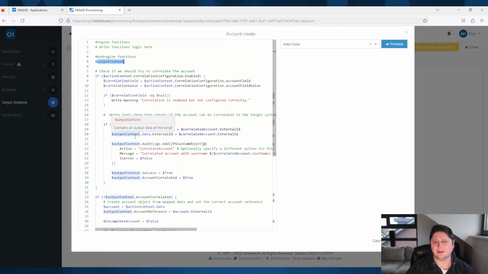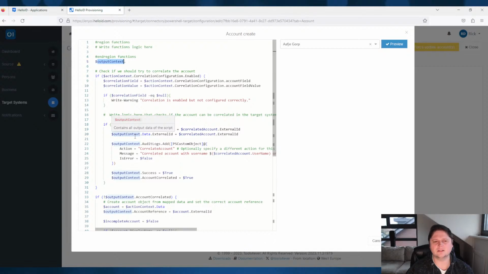Because if we added data, like we want to send the mapped data that we have here as an account property, it could be that you're already using that property inside your scripting. And then we're going to override something and then it will break. So we couldn't do that. And that's also the reason why we have chosen for a new PowerShell system instead of updating or migrating the old one: we saw some flaws in the first option to use the JSON and also a lot more properties. Where we have 3 properties,